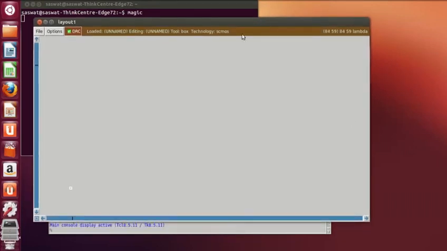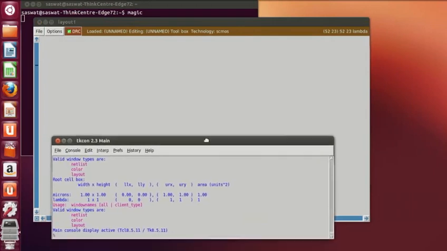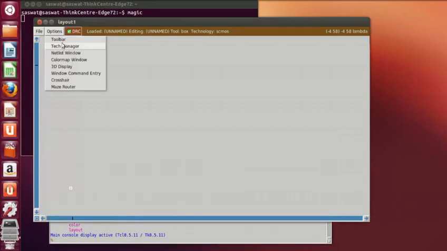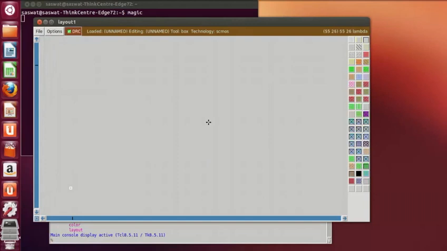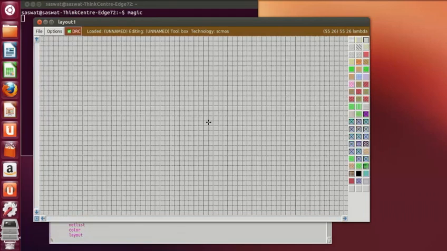Now in order to load the toolbar, go to options, then click on toolbar. Now in order to grid in, press G. In order to zoom in, press Z. Now in order to draw the untwisted schematic,